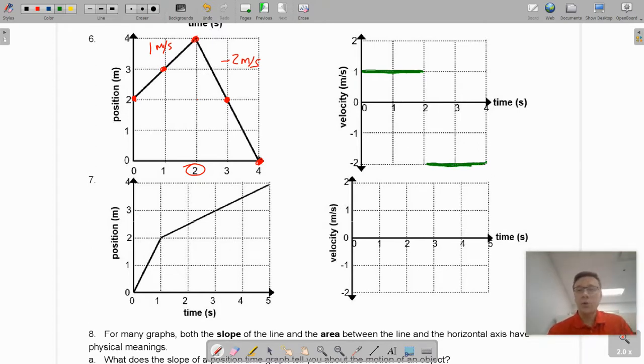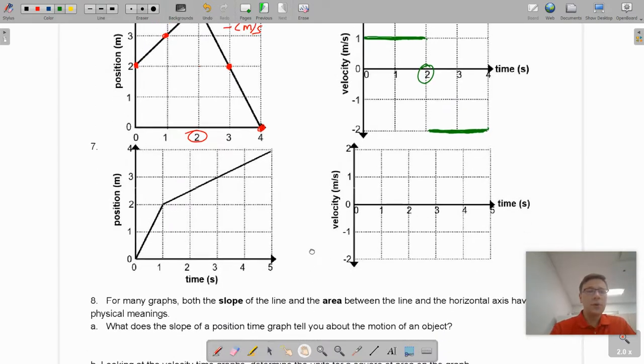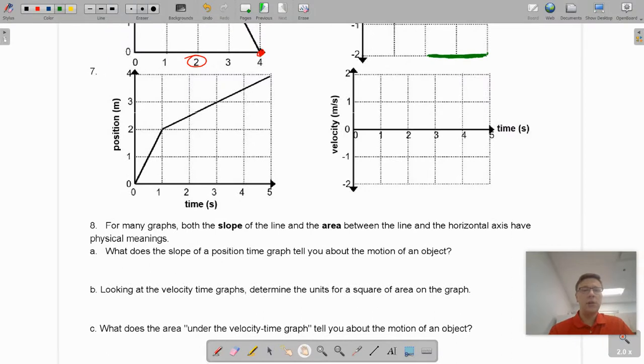And normally you just draw a line on there. I'm trying to make this thick so that you guys can see it, but don't go crazy with that. Okay. And some people like to basically connect the lines like that. That's not necessary. You can just leave it like this, because this just implies that the object immediately turns around at 2 seconds and moves in the negative direction. Okay. All right. So on number 7 here,